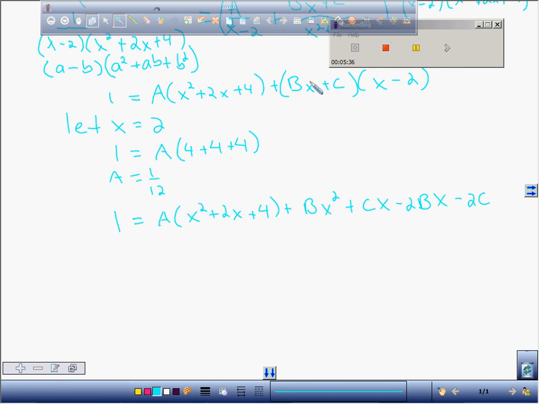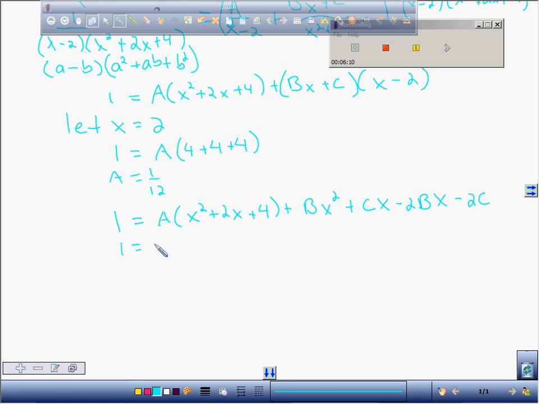I guess you could do that. And then you could find b. Okay. Yeah, there's more than one way to solve it. Okay, so if you let x equal 0, b would disappear, you would know a, and then you could find c. That would work. Okay. The other way you could do it is like this: multiply everything out, so you get